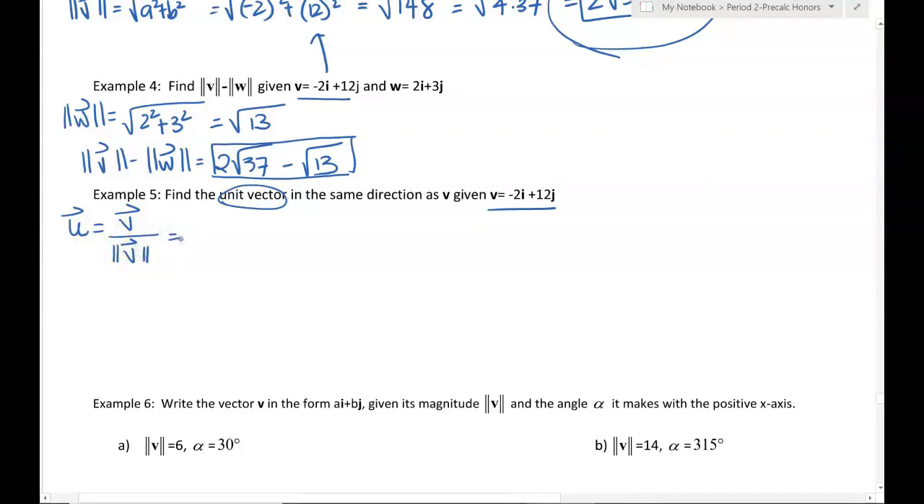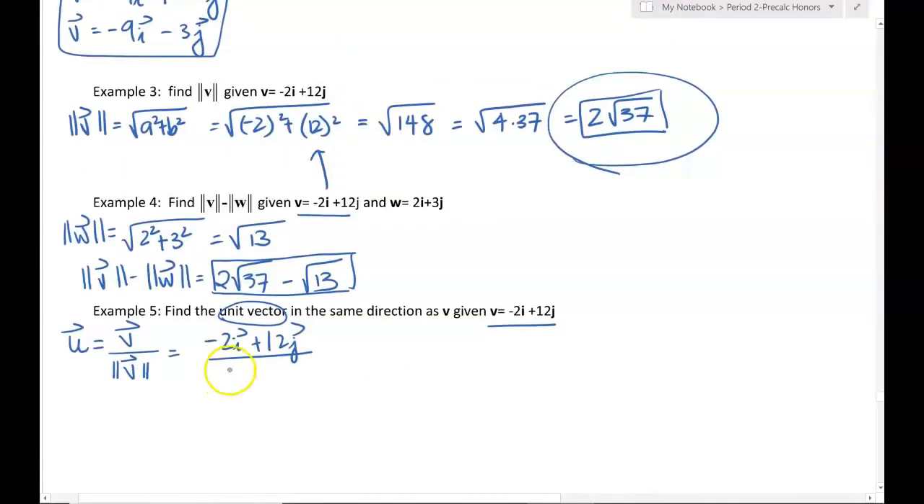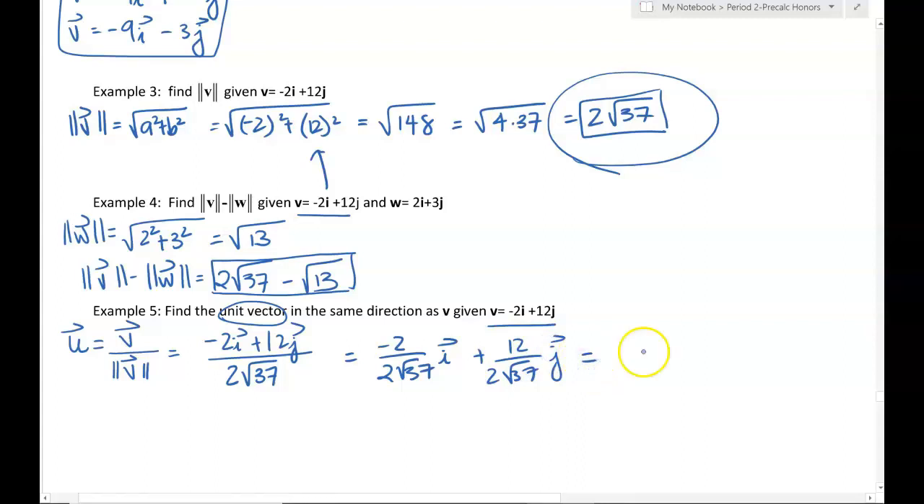So we know v is -2i plus 12j. And we found the magnitude of v already from example 3, and that was 2 square root of 37. Now we want it in the ai plus bj form, so that's going to be -2 over 2 rad 37, i plus 12 divided by 2 rad 37, j, and we are going to simplify that further. Well, we can definitely cancel the 2's, so that's good, and rationalize, so that's now negative rad 37 over 37